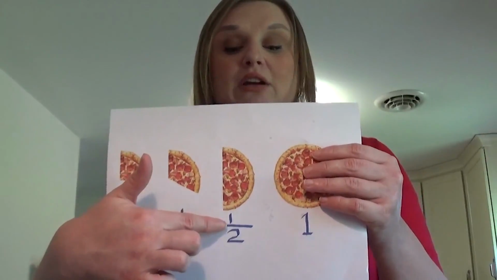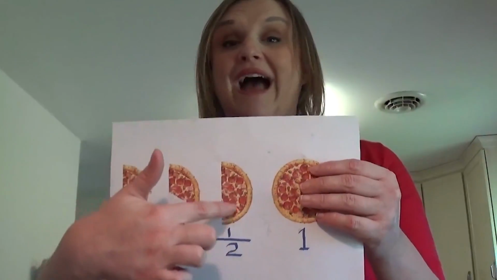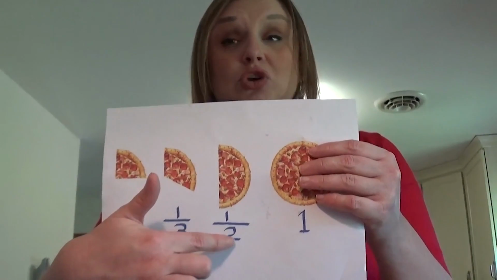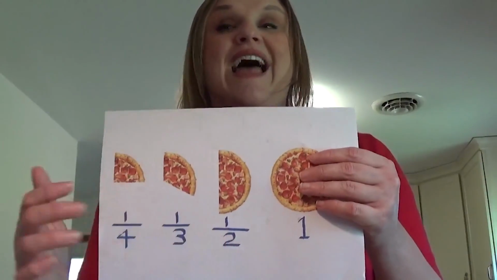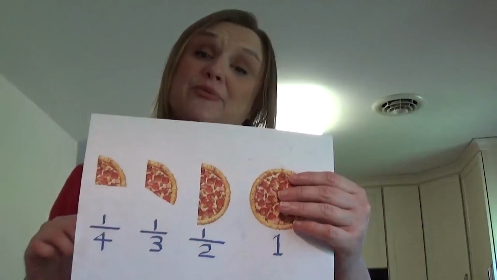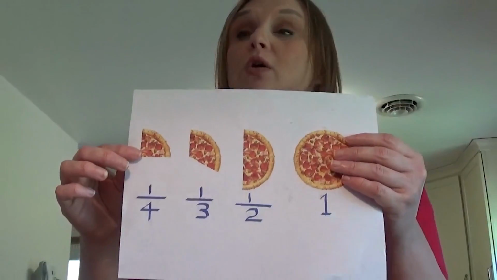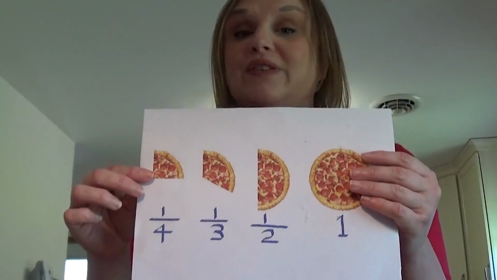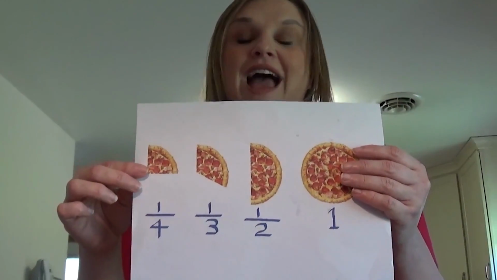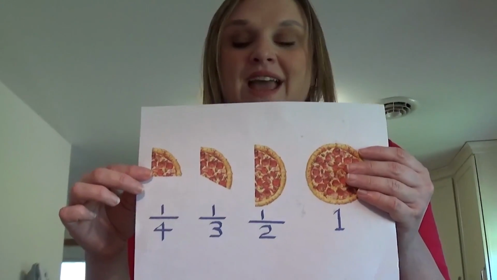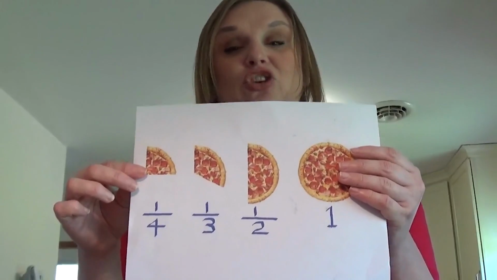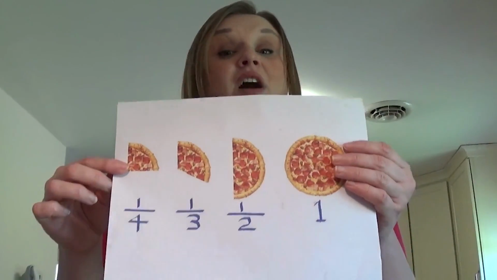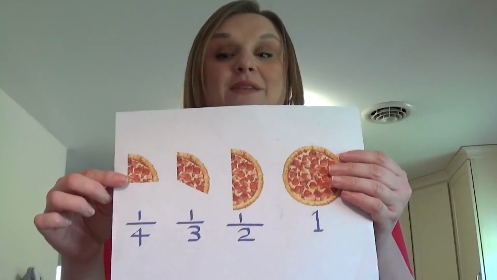So our numerator is 1. It is the 1 slice that you haven't eaten yet. And the 2, which is our denominator, is the options of how many slices there were total available to us at that time. So that's a half a pizza. Now, as I said before, you ordered a salad, so you're still eating your salad. I, on the other hand, have already eaten my half a pizza. So I am still hungry. So I want a little bit, and I ask you while you're eating your salad if I could have a little bit more of your slice of pizza.